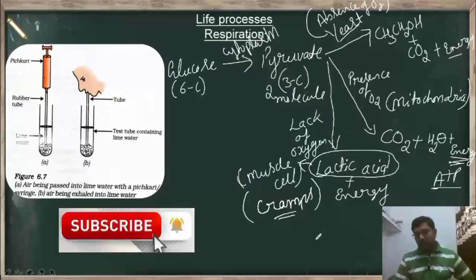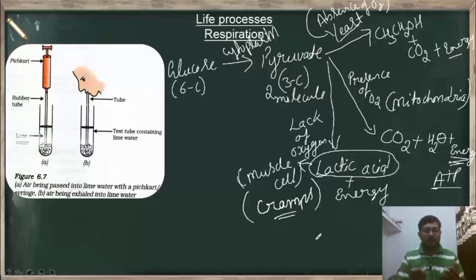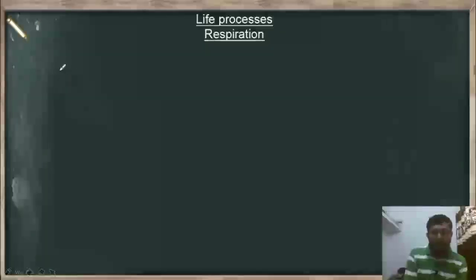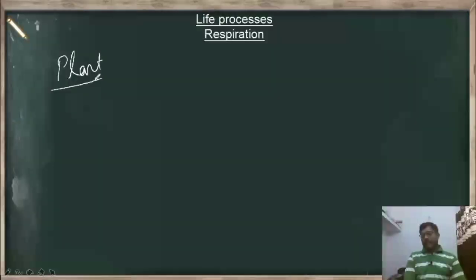Now, in multicellular organisms, we have majorly two kingdoms, that is kingdom Plantae and kingdom Animalia. Now what happens in kingdom Plantae? That means when it comes to plants, do they need gases? Yes, the plants also need gas. How? For example, as you know, photosynthesis. What do you mean by photosynthesis? It is a process of preparing their food by using sunlight, chlorophyll, water and carbon dioxide.